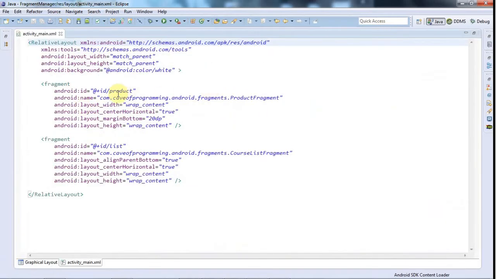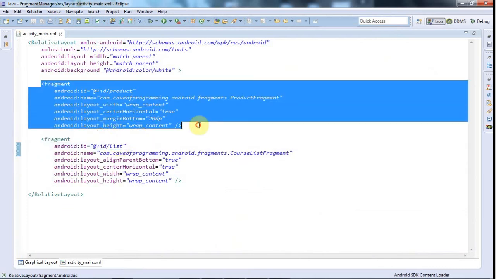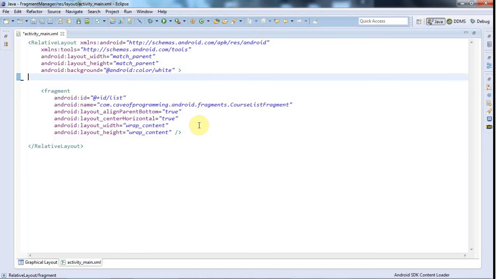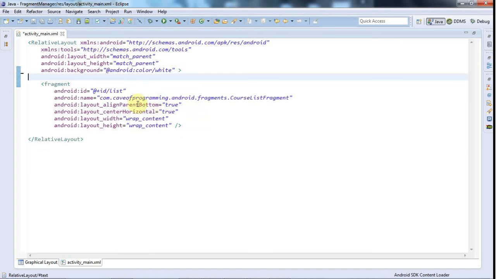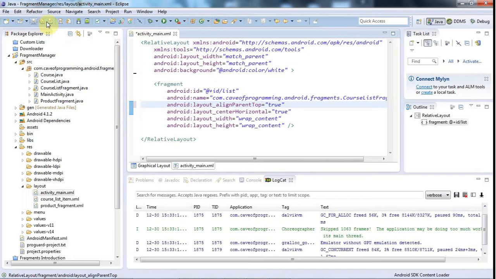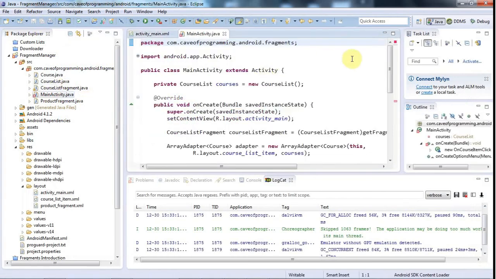At the moment I've got this product fragment that shows an image of my course, and I've got this list fragment, and I'm going to get rid of the product fragment altogether, and let's just put the list fragment at the top to make it look a bit nicer. Then let's save that, and I'm going to go to the main activity here,